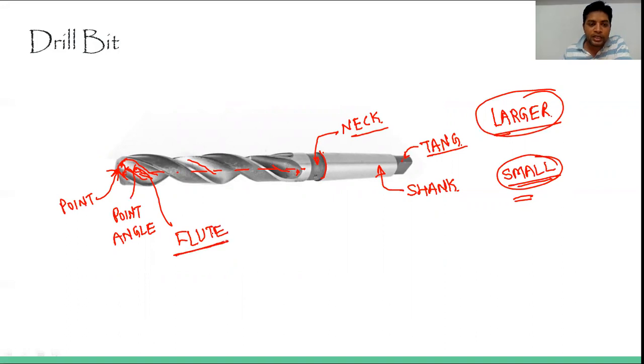This flute is a hollow section, or we can say a little bit circular in shape. It is circular in shape throughout this neck, and we also define this as the working length of the drill bit. Why? Because from this point up to this neck only, we can insert inside the workpiece, meaning only this much thickness, equal to this length. मतलब वो उतनी ही thickness में हम लोग इसको drill कर सकते हैं.